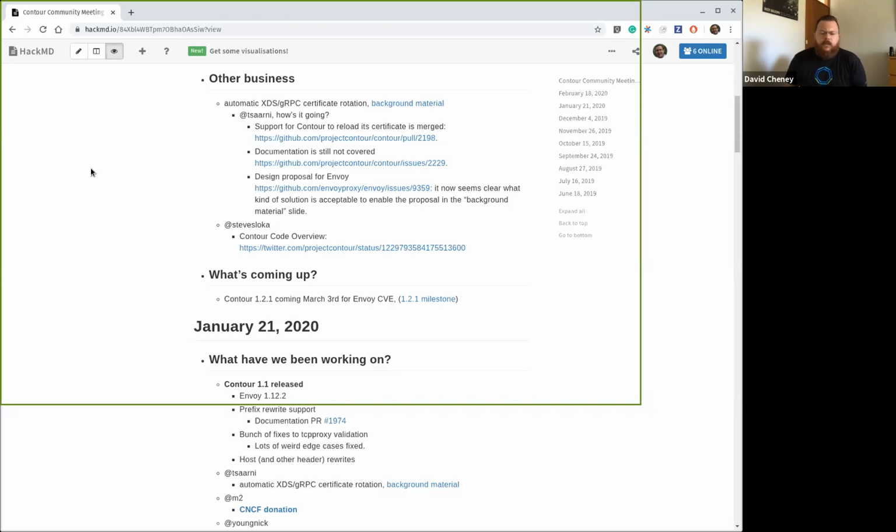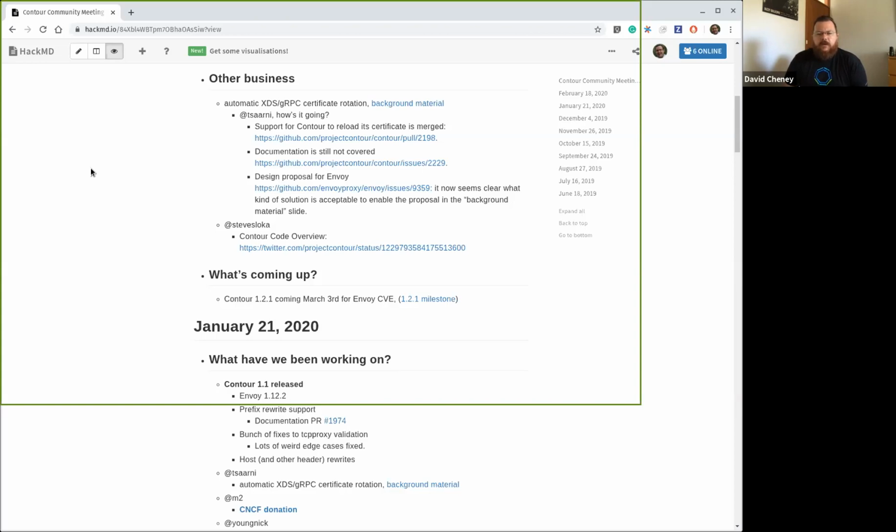Yep. So right, we'll put them in the Slack channel. We'll put them in the meeting notes. We'll put them on the website. Yeah, I'm hoping Jonas gets over the flu by the next day or so, and he'll update everything. Cool. Yeah. So if you're interested in finding out more, the hash contour on the Kubernetes Slack is the way to find us. That's where we put all the information.